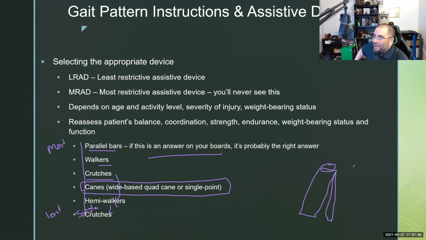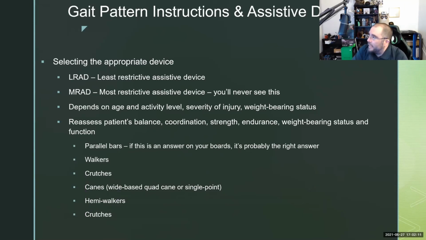Exactly, John. We actually have a couple of those at school. I'll grab a picture of it and post it so you guys can see what it is. A Hemi Walker is a walker that's only one-sided. The goal is for somebody that has a stroke, because if I have a stroke, I can't use a regular walker. So it's a one-sided walker. Hemi, half walker. Does that make sense? I'll see if I can find a picture of it real quick, because I think that's the last slide anyway.